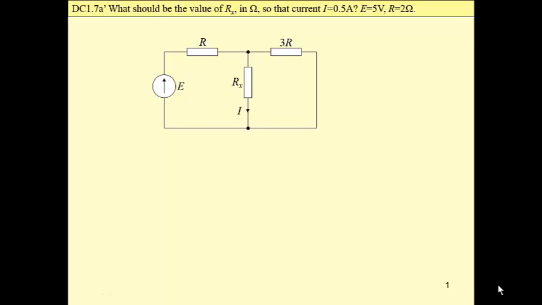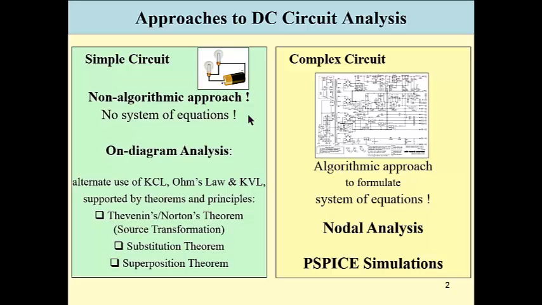In this simple task, our problem is to size this resistance if we know the current that flows through it. This is a very simple task and may be solved in a few different ways. So we may perform on-diagram analysis, we may apply Kirchhoff's laws and Ohm's law alternately, and also we may utilize